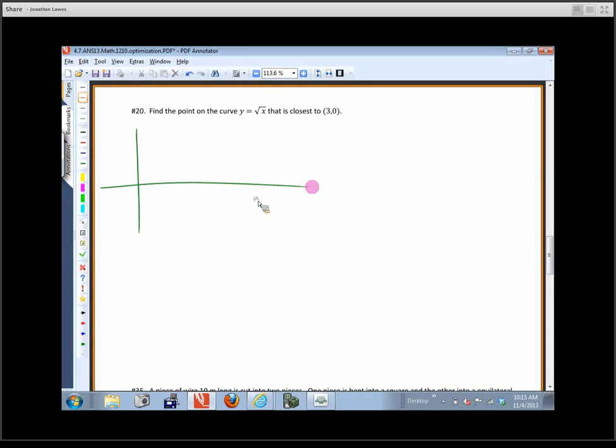So we've got a point on the curve of y equals the square root of x. So we've got the square root function that looks like this. And it says what point on that curve is the closest to (3, 0). So 1, 2, 3, right here. We want to find out what point is the closest. Well, if this point right here is (3, 0), and a point on the curve right here is (x, y), I want to know when is that distance the shortest so that point on the curve can be the closest